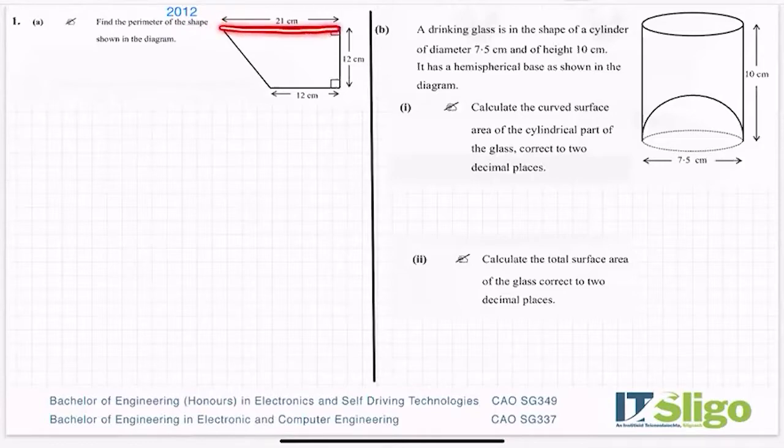So we have a 21 plus a 12 plus a 12. Okay, and then a side we don't know. So we need to find the length of this side here to be able to get the perimeter. Okay, so how do we do that? Right, well, the easiest way to do it is to draw a line just there and break it into shapes